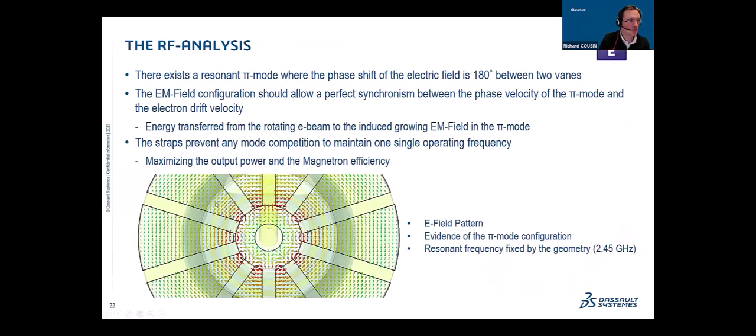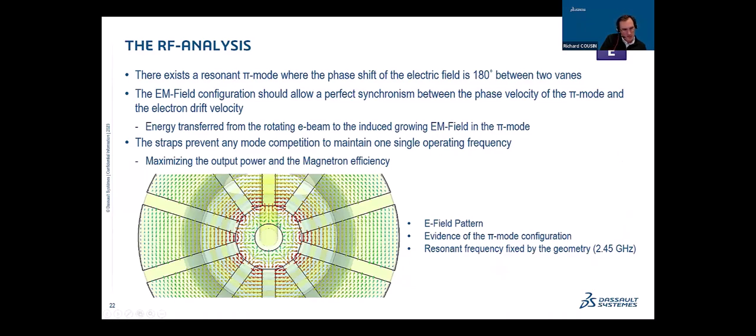Then you can also do the RF analysis. Here you can use the eigenmode solver. And there exists, you see here, a resonant pi mode where the phase shift of the electric field is 180 degrees between two vanes. The vanes are these cavities that you have around. You see here the electric field, which is defined with a phase shift of 180 degrees between two